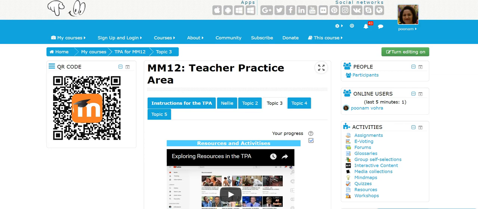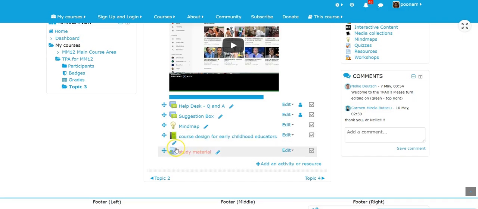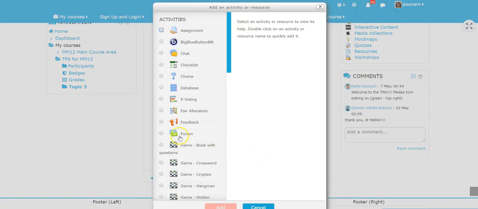So in my topic 3, to add activities, once again, I need to click on turn editing on. A book and URL were the two resources that I had added earlier. Now to add an activity, I need to click on add an activity, and the first activity that I would